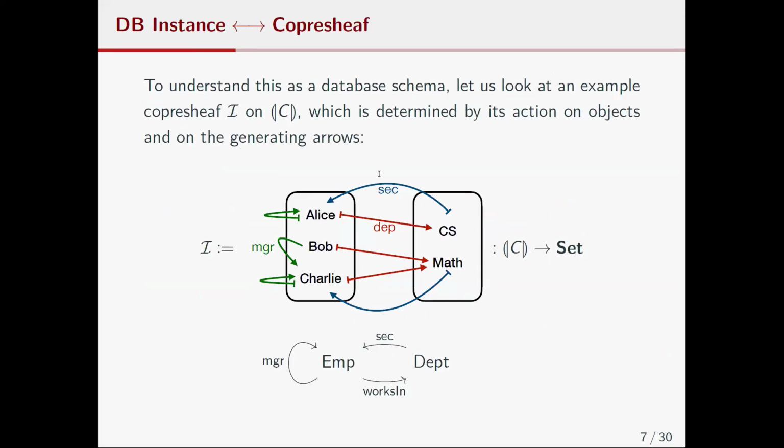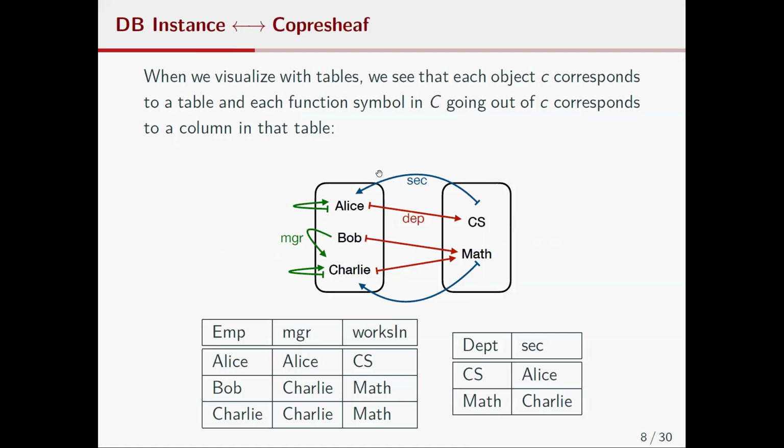This is also something that I might be able to skip or go much faster. This is an example, a co-presheaf, and this is really the point where you understand why this would be a database schema, right? Until now, these were just suggestively named things. Now you can see that you can populate these objects with some actual elements, and you can visualize this with tables in the way that Michael explained, and that already gives you a notion of database